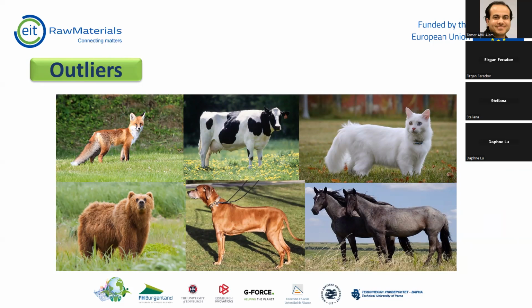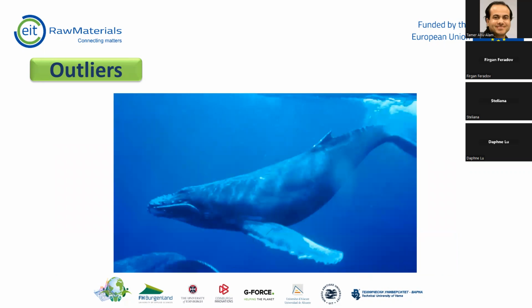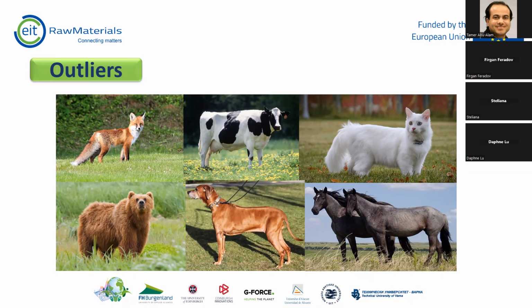And now I want to create a classifier that finds out from a picture if the animal is a mammal or not. So I have mammals, I have fishes, and then I have a whale. What do I do with the whale? The whale is a mammal, but if you look at my fish data,